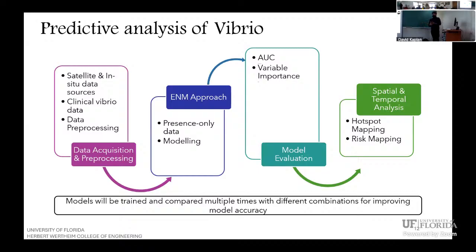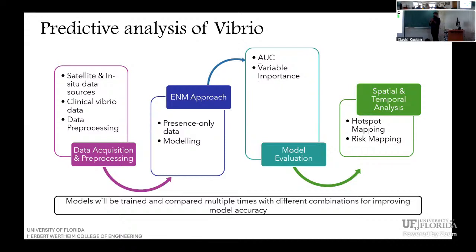Now the Vibrio data we can get either from in situ, where a researcher goes to the ocean, collects the water, does the lab analysis, and checks if it is positive for Vibrio or not. That can be a source, and another is clinical data. That means the person gets Vibrio, goes to hospital, and the hospital makes a record of it. The data that I just shared in the previous slide combines clinical data and in situ data, based on satellite data. With all this data, we did the data processing, that means data cleaning and removing all the unimportant variables.